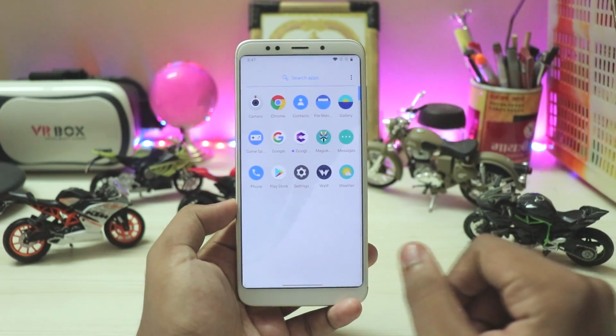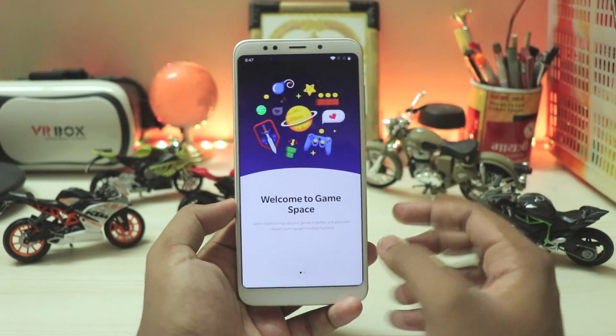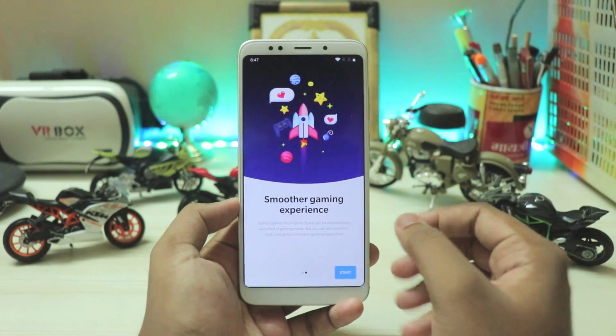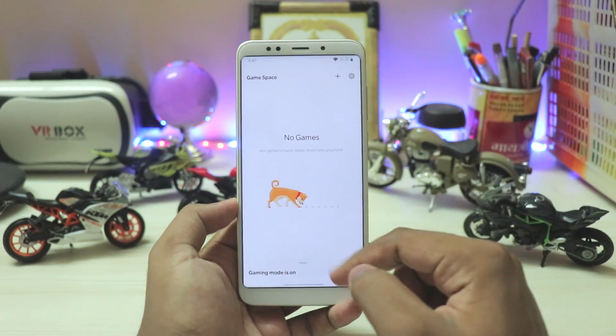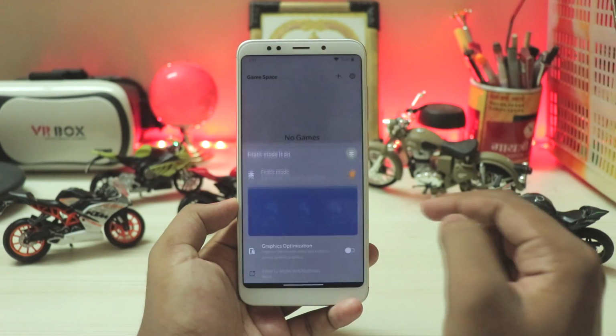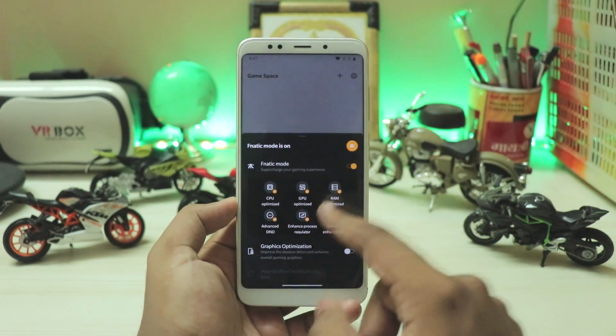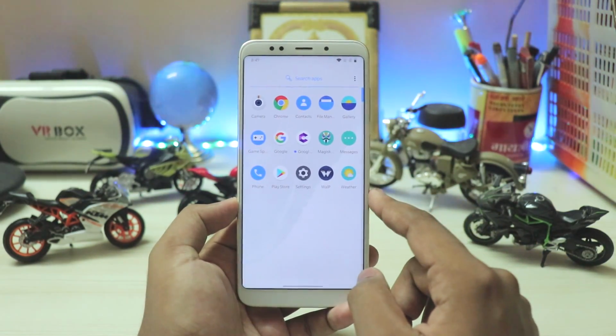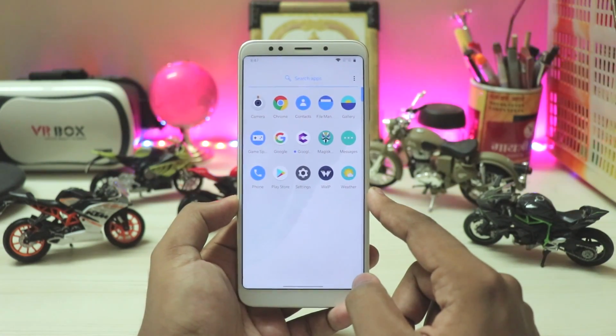But over here, you even have the updated Game Space. As you can see, it doesn't have the concise icon menu, but yeah, you have the fanatic mode and stuff right over here. So that counts. Does really help in networking. So again, coming back, you have settings, weather, just your normal stuff. So again, debloated ROM, to be honest.